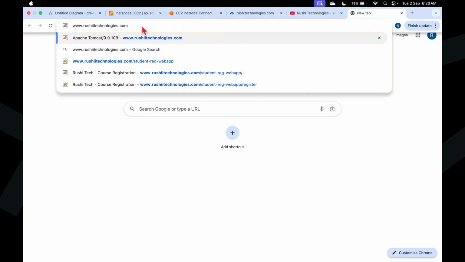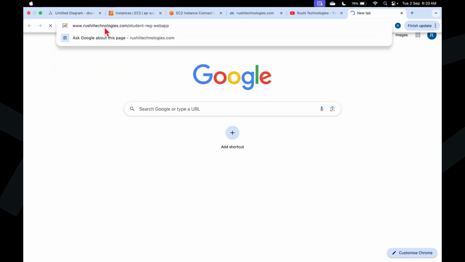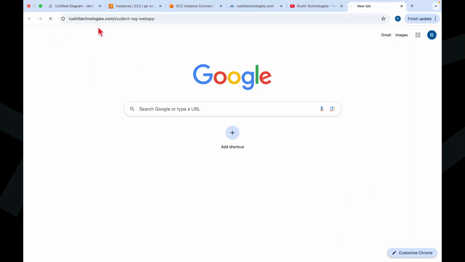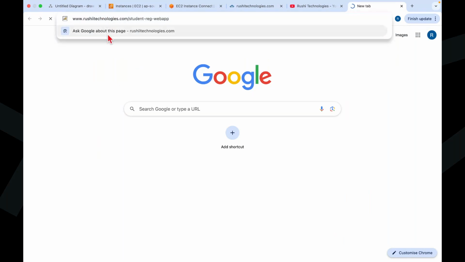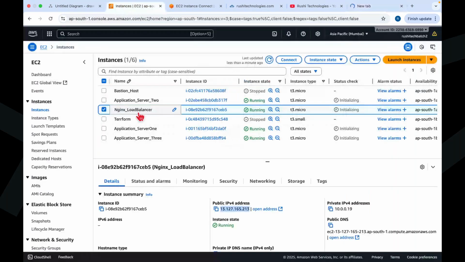Even though I use my application context, it may not resolve to any IP. If required, you can use some commands to find out, because it is going to resolve to some IP, but that IP is not in use now. We stopped and started with a different IP. So if you are using the local host file, if you don't have a domain, you can modify this IP in your local laptop host file, as I said in yesterday's session. Otherwise,